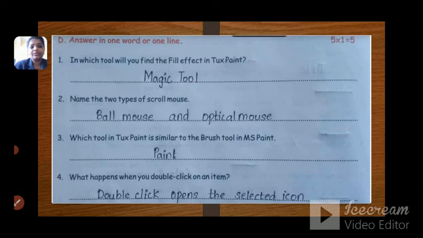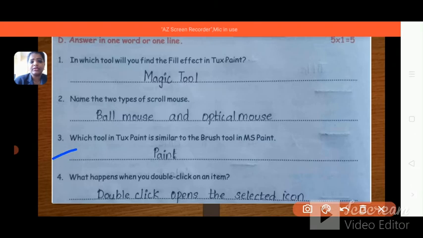See from question number 3. Which tool in Tux Paint is similar to the brush tool in MS Paint? The right answer is Paint. Fourth question is, what happens when you double click on an item? Double click opens the selected icon.